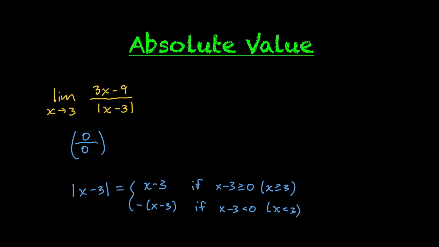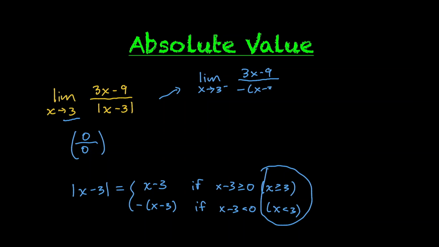And again, as we go to 3, that is the boundary point of where the definition of absolute value changes. Okay, so we need to actually use both. This is a piecewise function, and we need to break this up into the two different parts. So we need to look at it from the left. So as x goes to 3 from the left, the top will be 3x minus 9, but the bottom, x minus 3 inside of there is going to be negative, so it's going to come out to be negative x minus 3. As we approach it from the right, we'll do the limit as x goes to 3